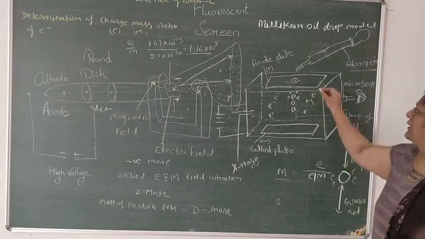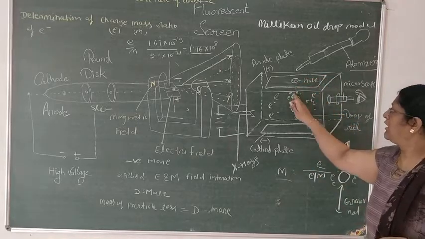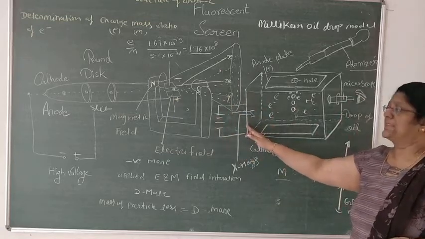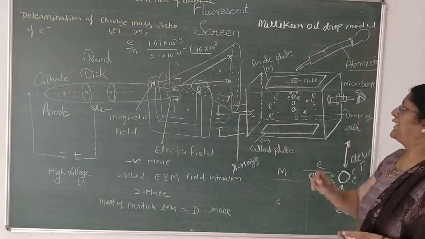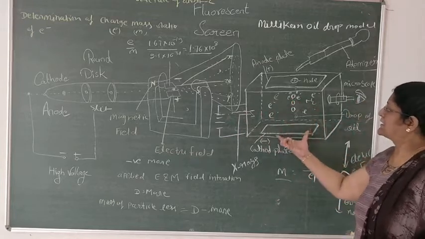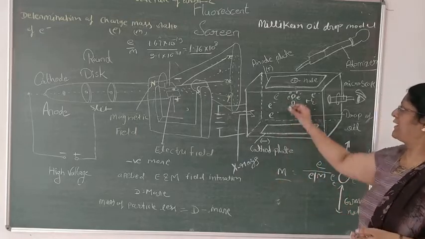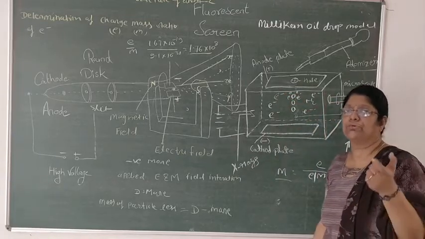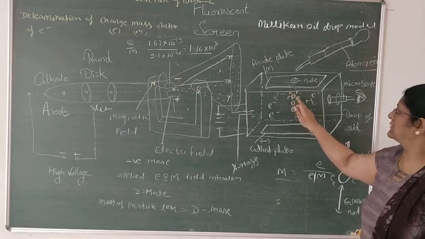Very tiny particles can be sprayed through this atomizer and enter inside that chamber. In the second part, this is a hole. This hole is only allowing a single droplet inside that chamber, and the third part is cathode rays, which are being applied from the outer circuit towards this chamber. As the cathode rays enter inside this chamber, the gaseous particles which are already present inside that chamber will get ionized. And as they ionize, they will release a large number of electrons. After ionization of gases, we will get a large number of electrons, and all the electrons will surround this oil droplet.